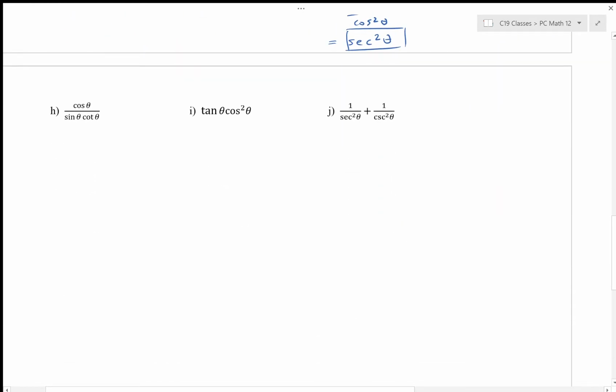So let me do H. So again, I look at H. When I look at H, I see cosine theta, sine theta, and cotangent theta. So again, one of my strategies that I want to get you used to is to get everything written in terms of cosine and sine. So this is the same as saying